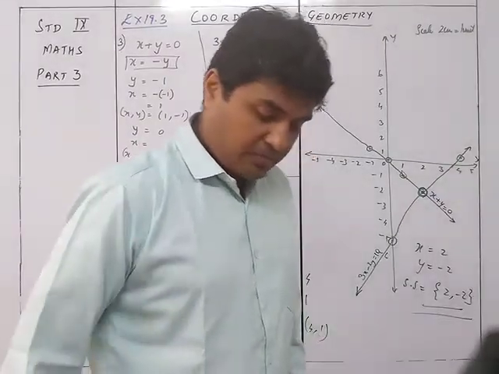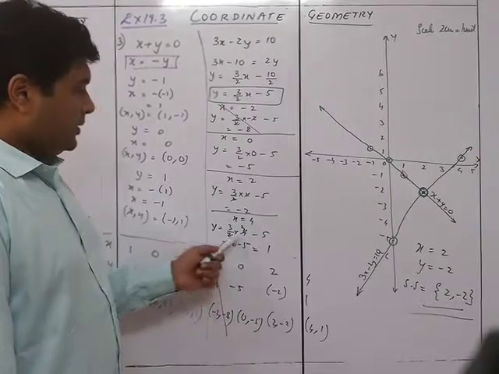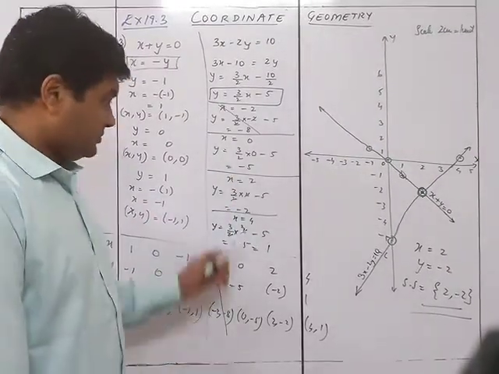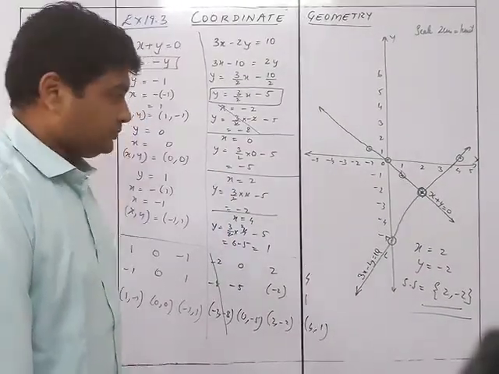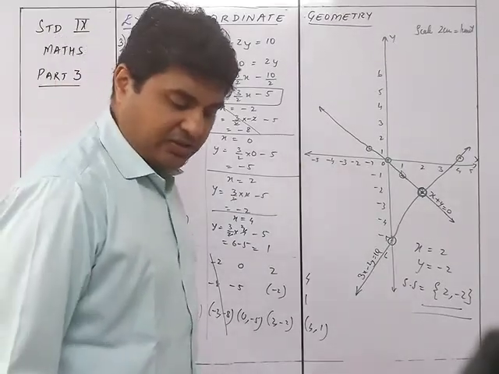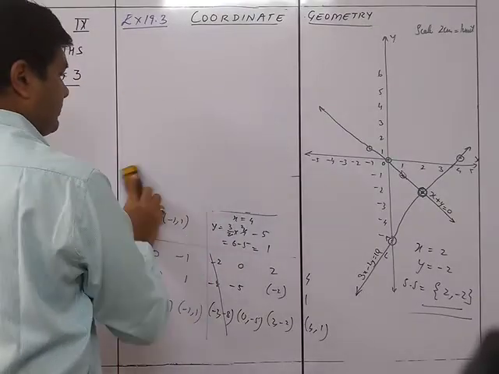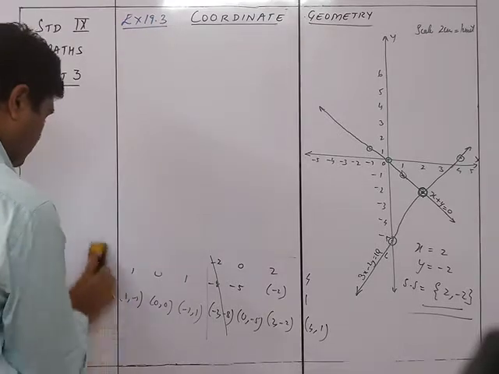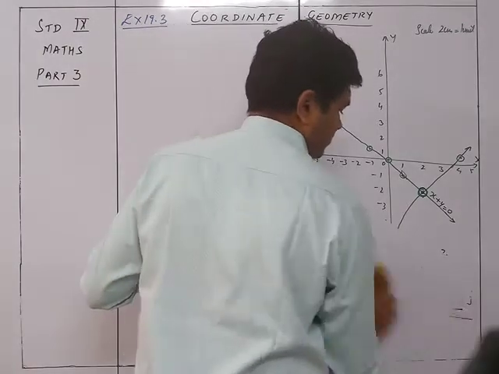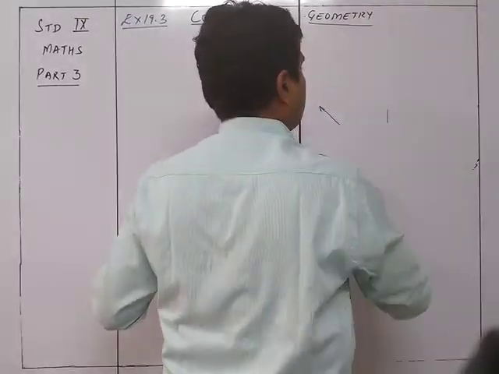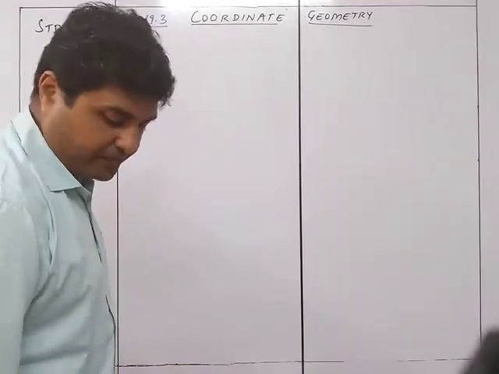So that is question number 3 for you. Clear? Very easy, easily done. Take care with these particular calculations. That's it. If you are taking care of the calculations, then nothing is going to go wrong in these sums. We take the next sum, that is the 5th sum. Okay, we move on to sum number 5.